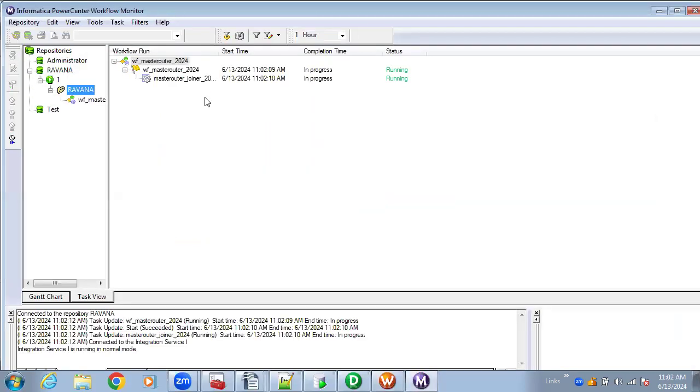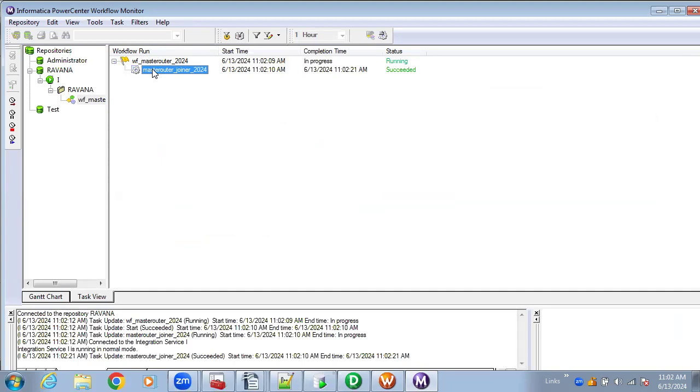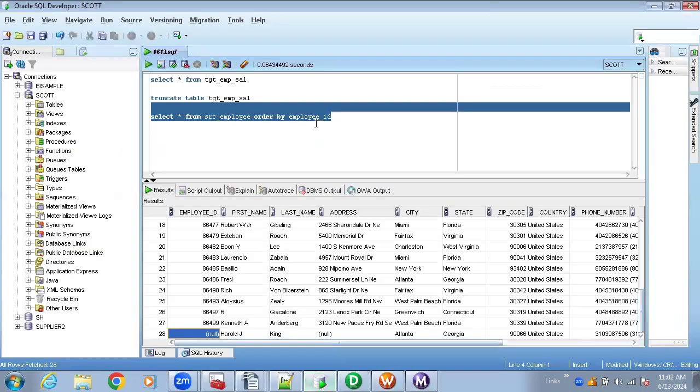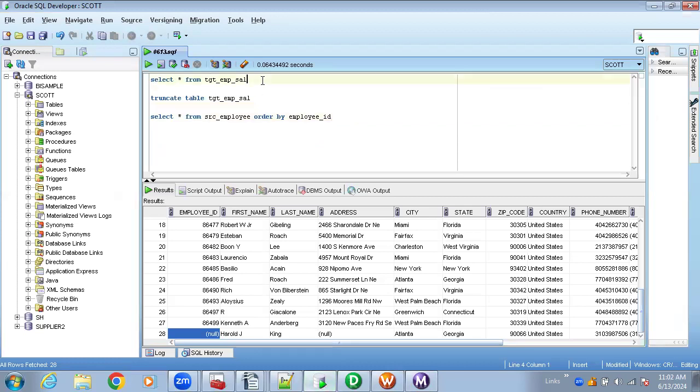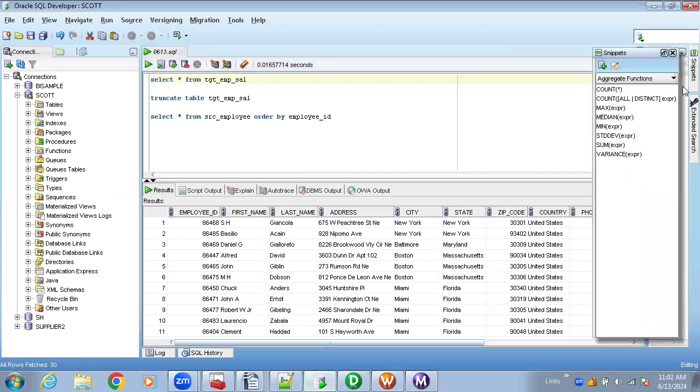Once the monitor gets open, we'll see whether this one is getting succeeded or failed. We'll see what all the records it is going to fetch also. Yeah, it got succeeded. Now go back to SQL, RKL, and select star from PGTMP. Order by